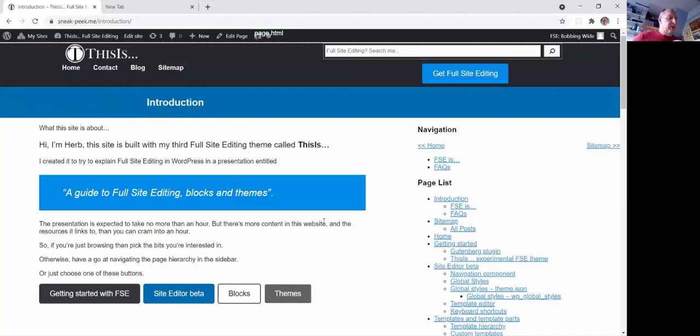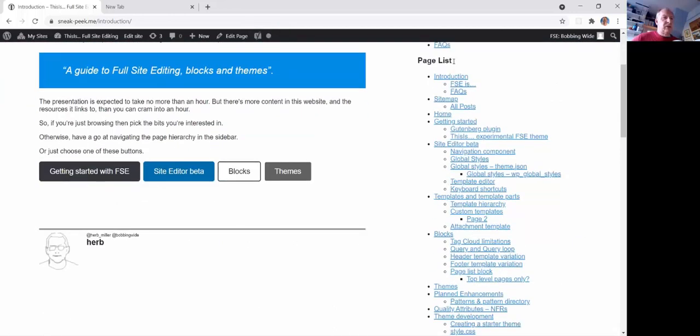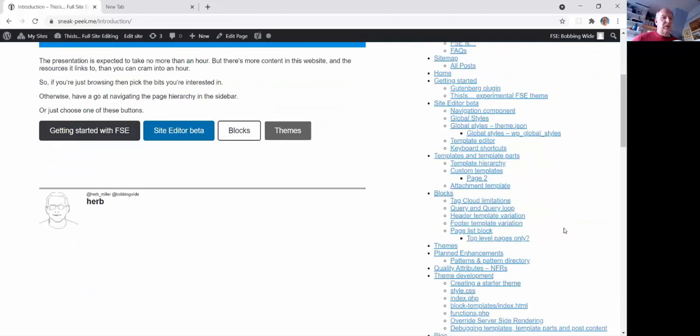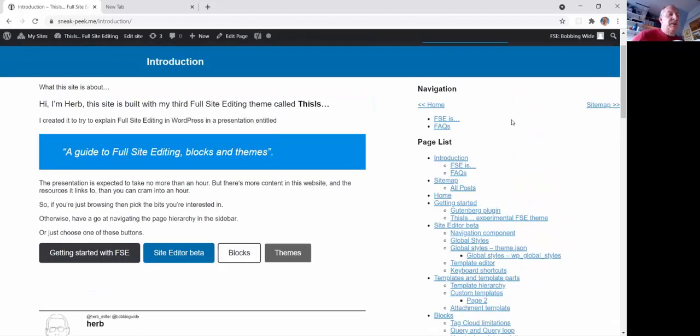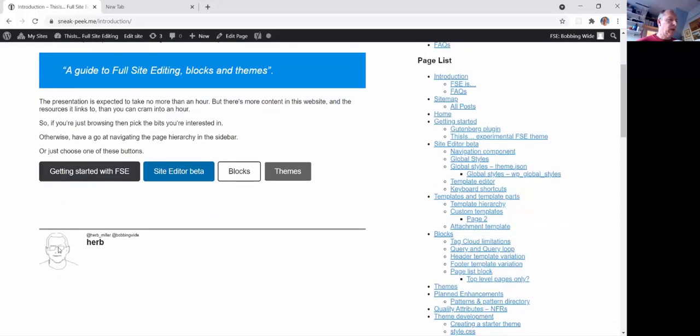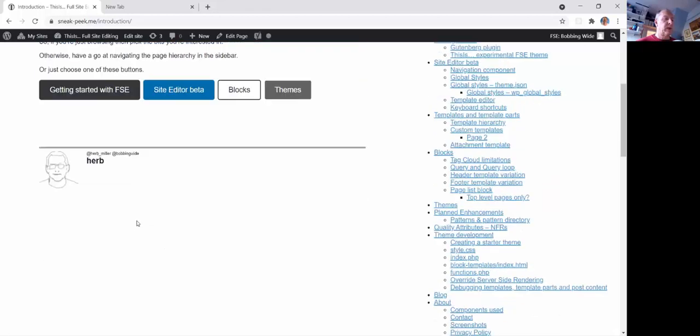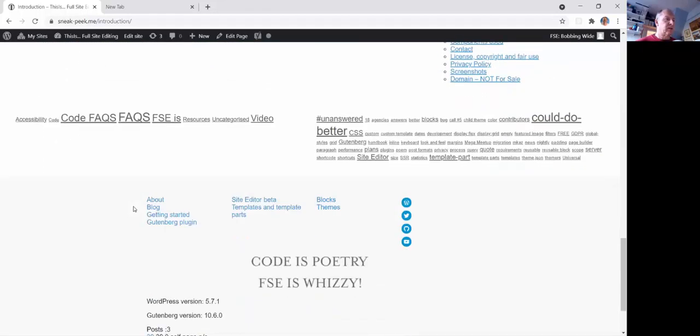And then there's the post content, and over on the right hand side, a sidebar of sorts with some navigational areas, and then a structured list of all the different pages that we could possibly try to cover in the hour that we've got. Down here is a post author block,